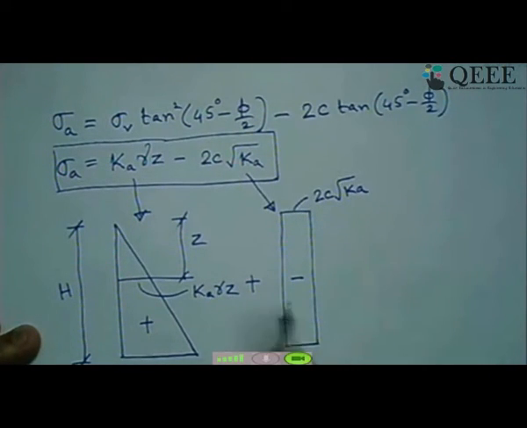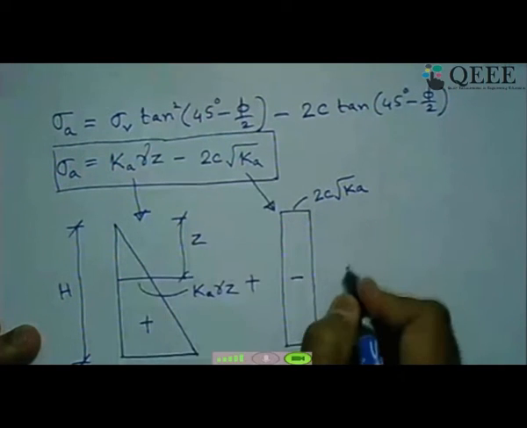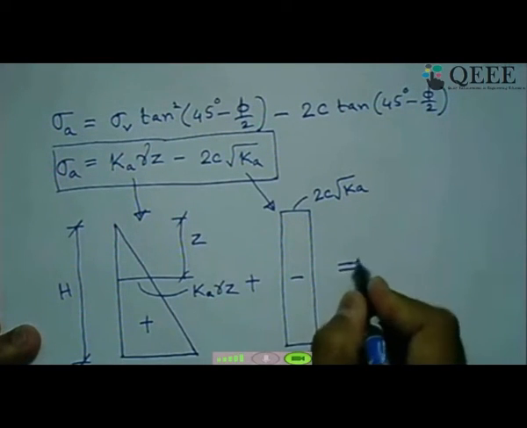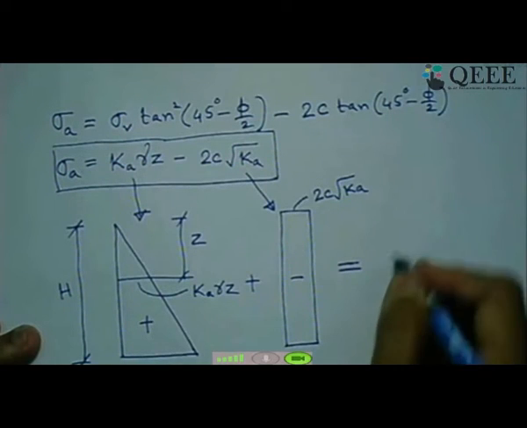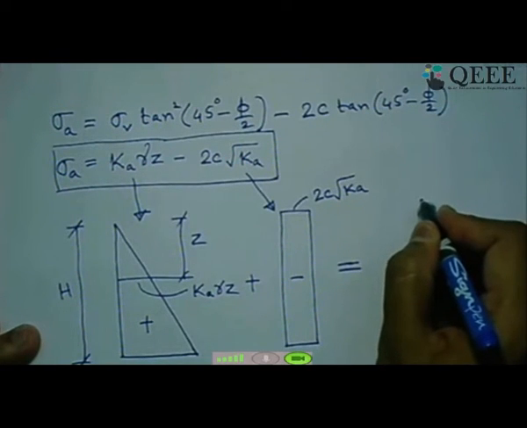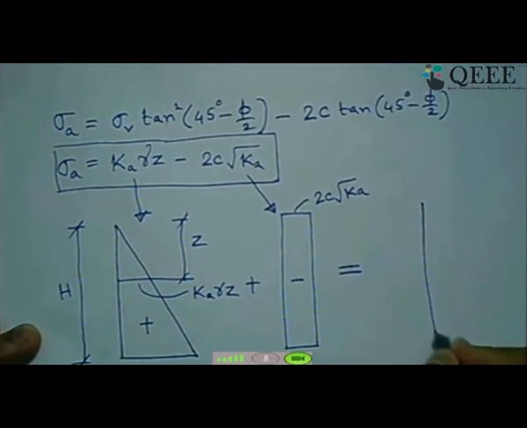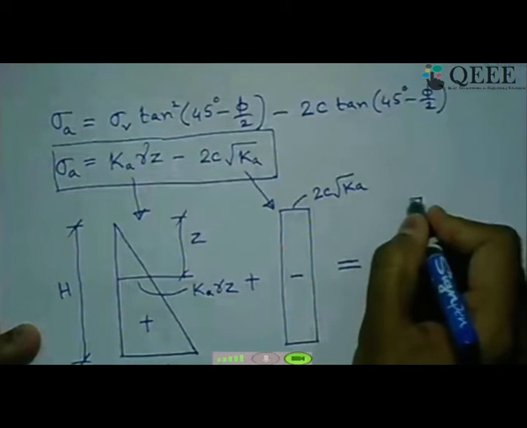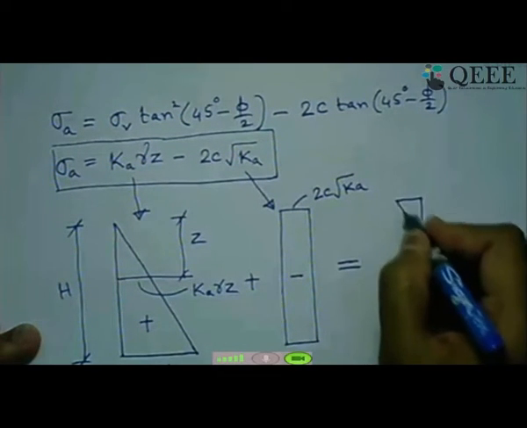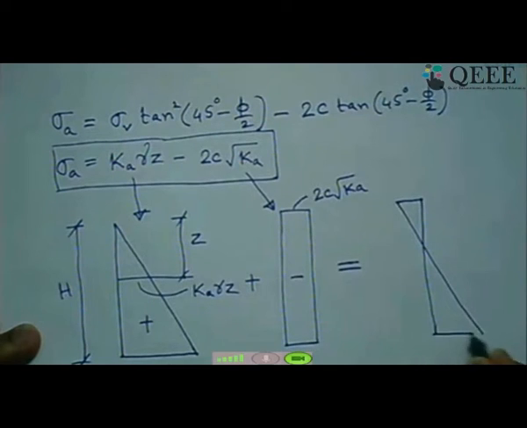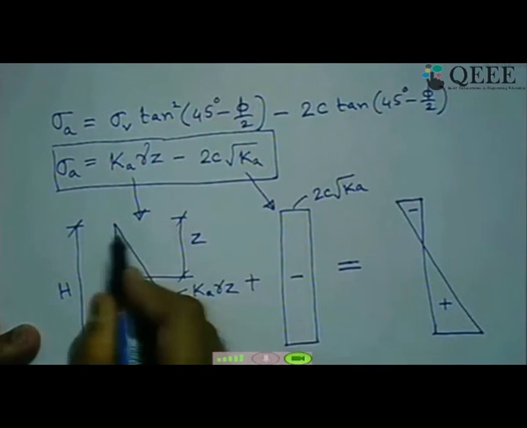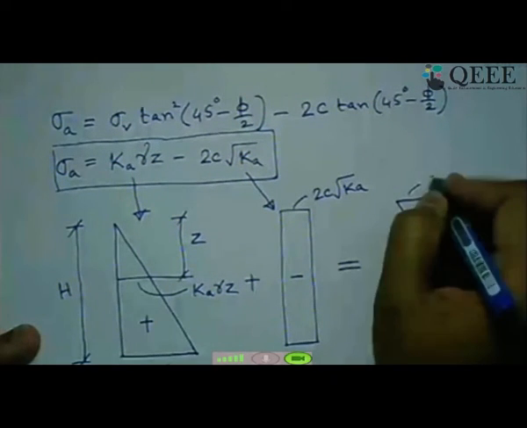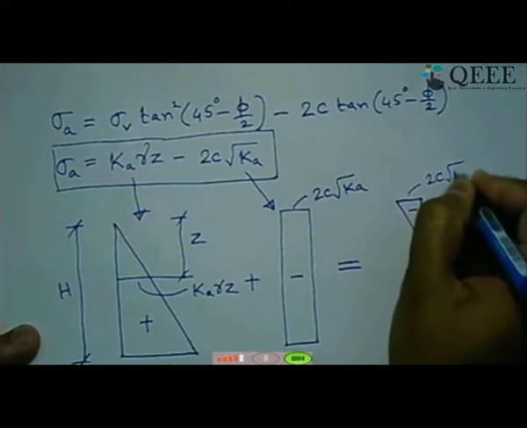And if you combine these two, what do we get finally? So the resultant active earth pressure distribution at any depth will be something like this. So this is our positive, this is our negative side, because here it is negative, here it is 0. So obviously we will get here 2c root of Ka,